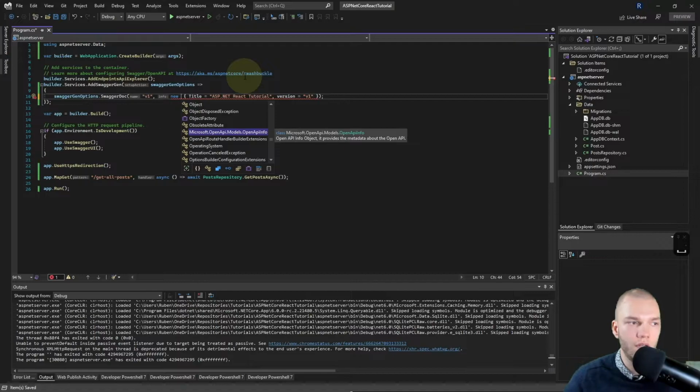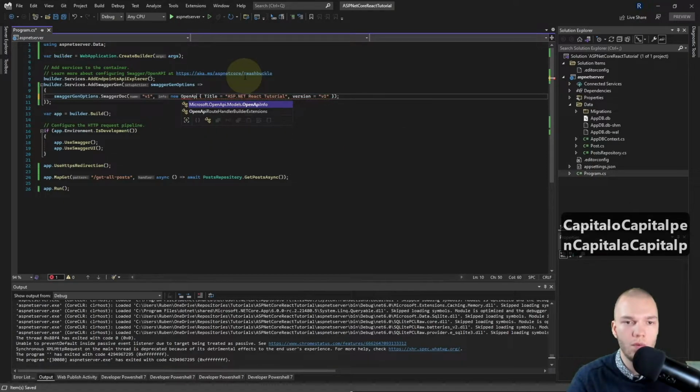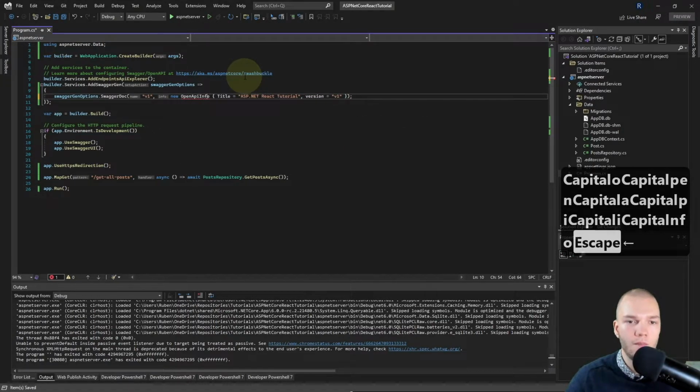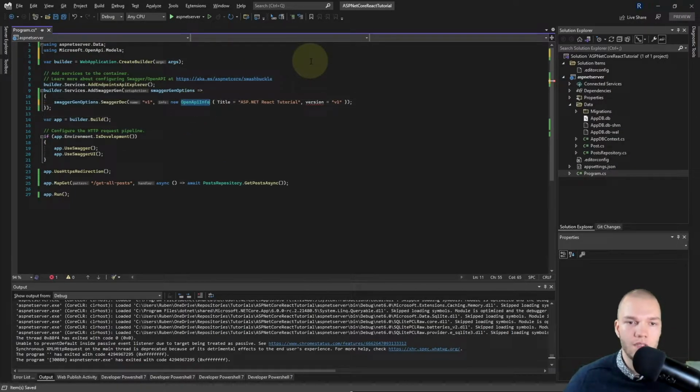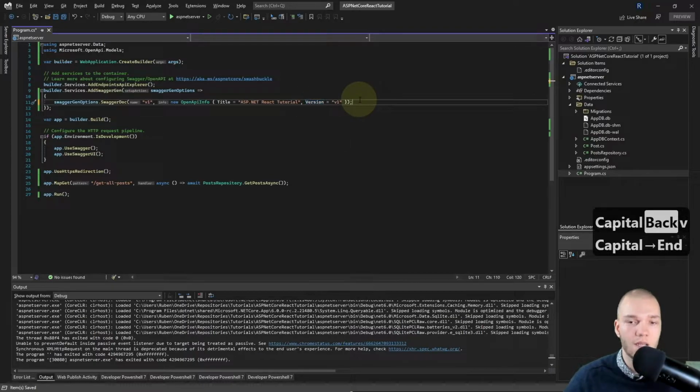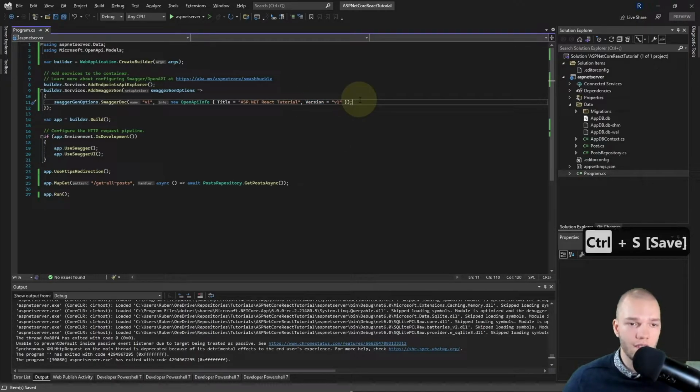I'll just do a new OpenApiInfo, Alt Enter that, import the required using statement, and the version needs to be capitalized. So that's that, a little more information in our Swagger UI.